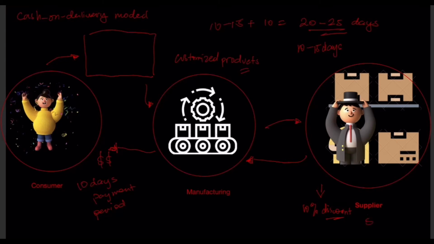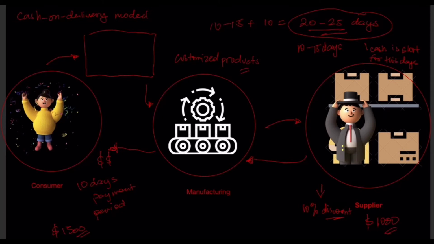Although they're earning quite high because the margins are high, they pay the suppliers $1,000 and they are receiving $1,500 from the consumers. But the problem is, for 20 to 25 days, there's a shortage of cash. The problem of the owner is, where will they get the funds for their next operation, for their next orders, if the cash is tied up in the business for 20 to 25 days? So this is a type of business model where the conversion of cash, from order to the payments of the consumers, is quite long.